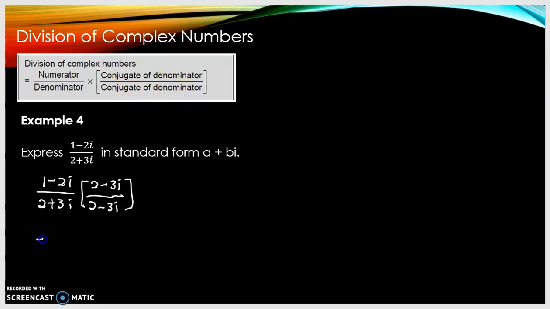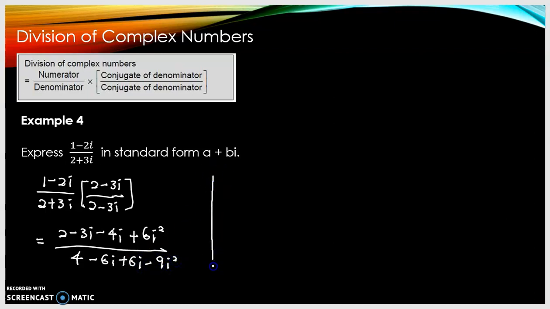After this, we will try to expand. 1 times 2 is 2, minus 3i, minus 4i, plus 6i squared, over 2 times 2 is 4, minus 6i, plus 6i, minus 9i squared. So we try to simplify. This is 2 minus 7i plus 6i squared. Remember that i squared is negative 1. So over, here is 4